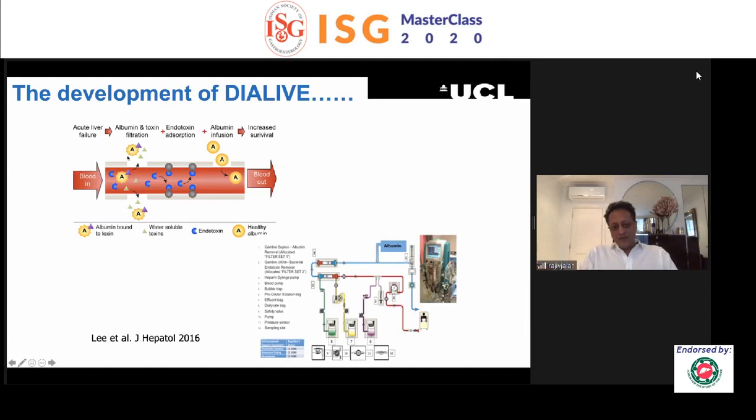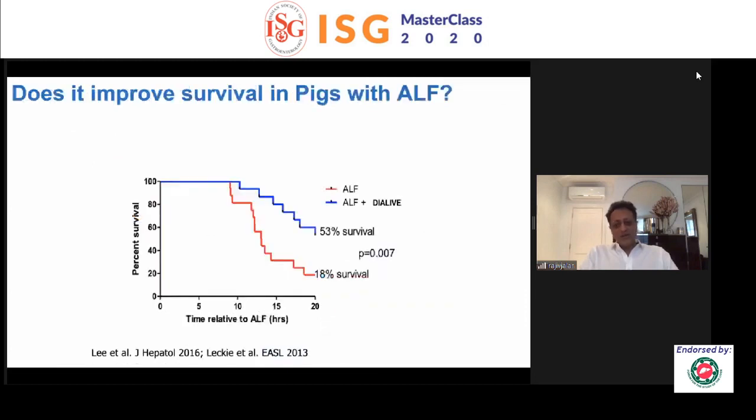And the first membrane is an open membrane, which, in addition to taking out DAMPs and PAMPs, also ultra-filters albumin. As you know, albumin is completely destroyed in liver failure, and the accumulation of the bad albumin is immunogenic. So therefore, that can elicit an immune response by itself. So fundamentally, the first membrane is an open membrane, takes out the damaged albumin, and also takes out cytokines. The second one takes out DAMPs and PAMPs. And this study showed in our animal model of acute liver failure a very marked improvement in survival,